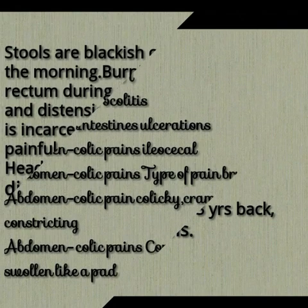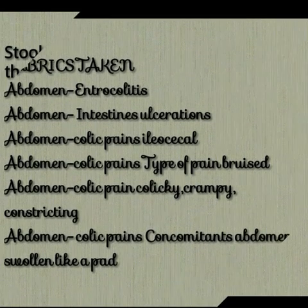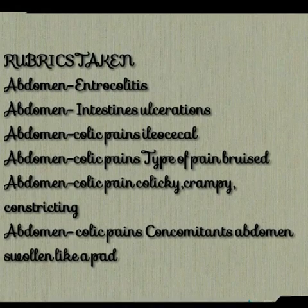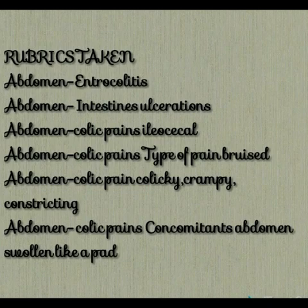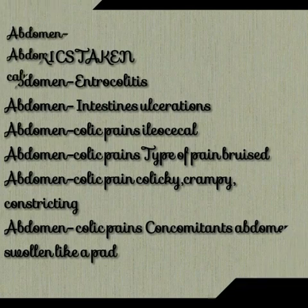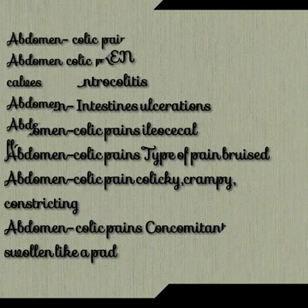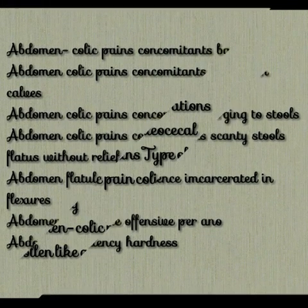The case was analyzed using the repertory, and the main generals and the pathological rubrics taken were: abdomen enterocolitis, abdomen intestines ulcerations, abdomen colic pains ileocecal, abdomen colic pains type of pain bruised, abdomen colic pains colicky crampy constricting, abdomen colic pains concomitant abdomen swollen like a pad, abdomen colic pains concomitants backache, abdomen colic pains concomitants cramps in calves muscles, abdomen colic pains concomitants urging to stools, abdomen colic pains concomitants scanty stools, fetus without relief,